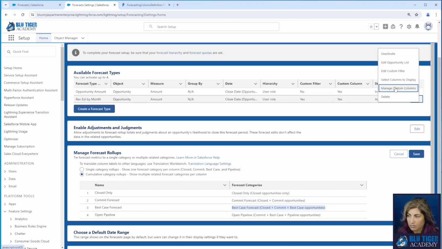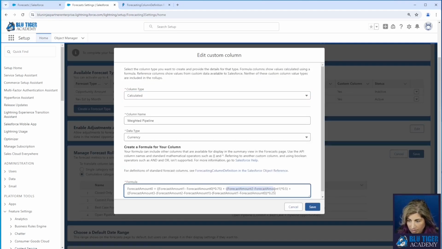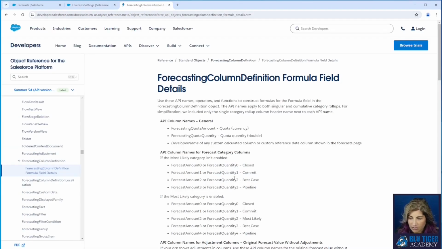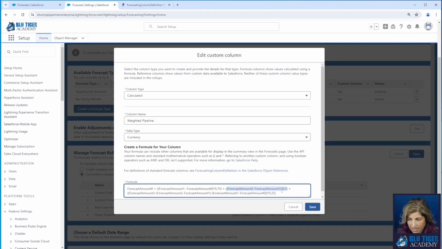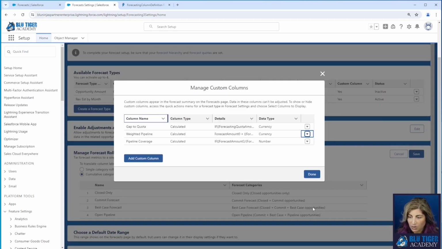If we go back and take a look at that formula, and we look at the second part here, we can see that our forecast amount 2 minus forecast amount 1 times 0.5 is our next part. This is taking the best case minus commit and multiplying it times 0.5. So our best case includes commit and closed, and then our commit includes commit and closed. So if we subtract 2 minus 1, that will give us the amount for our best case, and then we multiply that times 0.5. Our open pipeline is a little bit more complicated, so that is the formula we came up with here. We'll click Save,